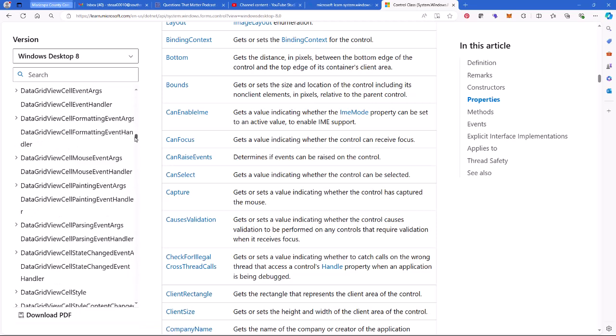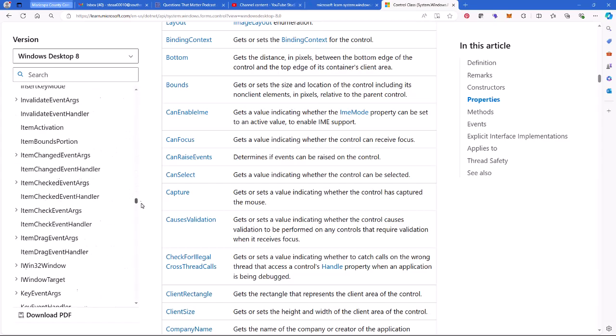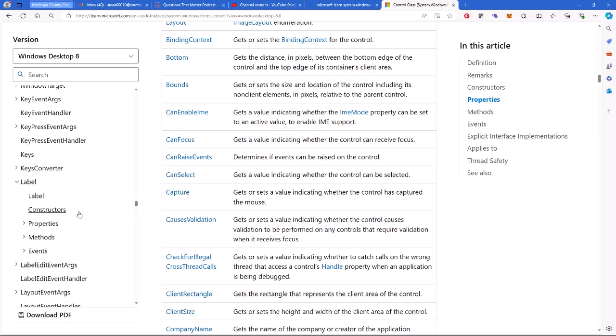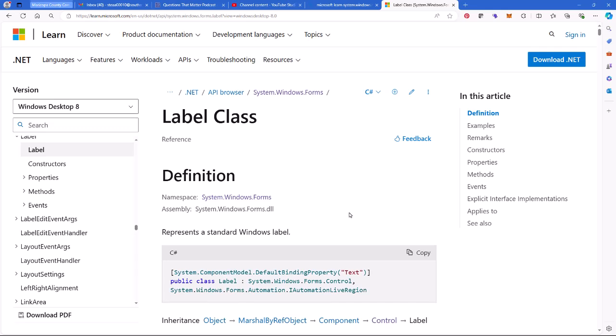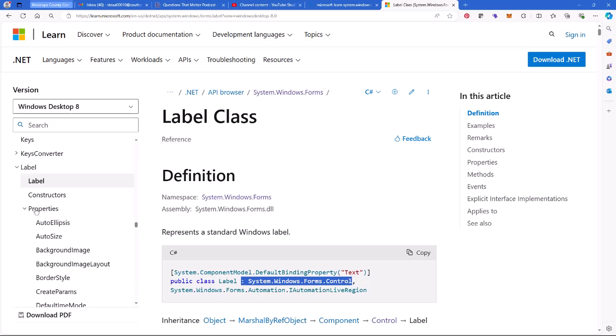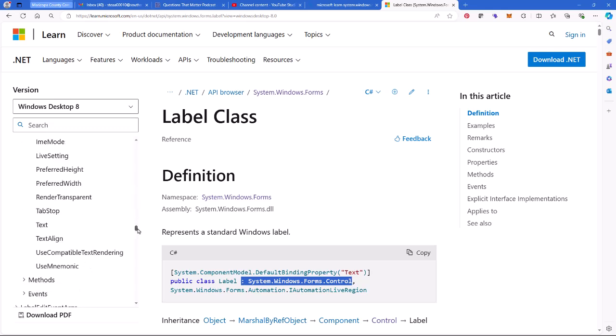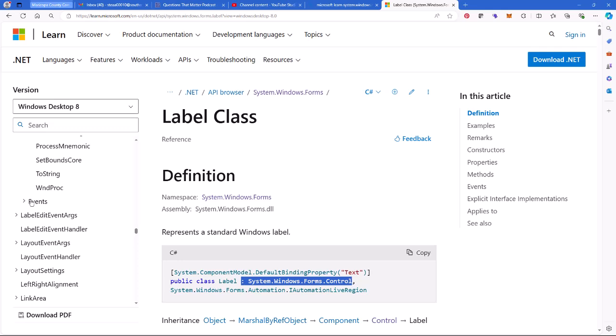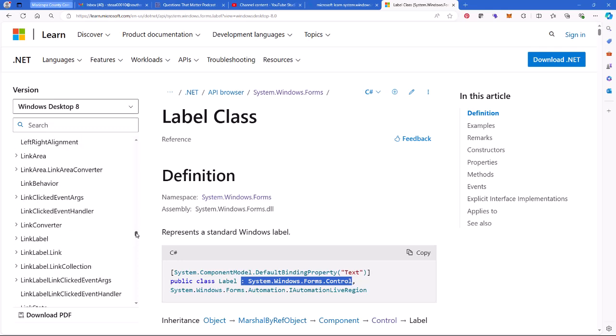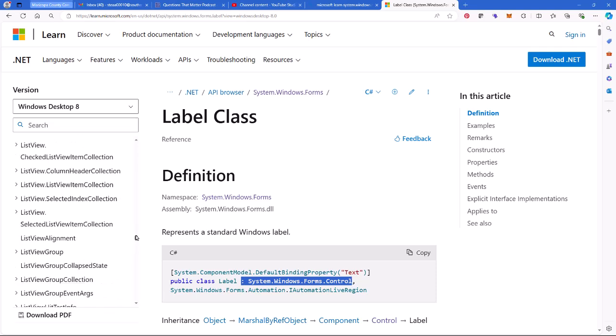We'll scroll down a little bit further to the label. So here's our label control. And we can see basically here that it inherits from the System.Windows.Forms.Control. So that's its parent class. If I click on the properties here, here are the properties that are designed into the label class, in addition to those that it inherited from the control class. Same way, here are the methods that are defined in the label class and the events that are defined for the label class. If we come down to the text box,